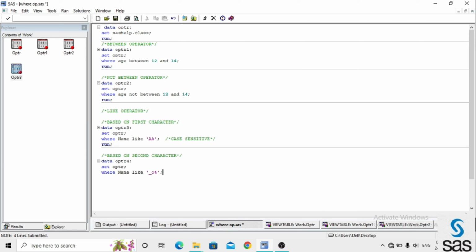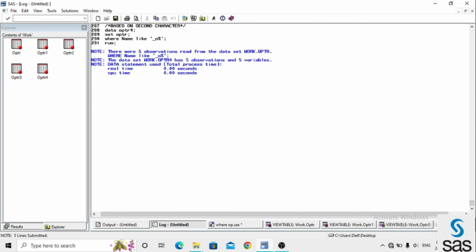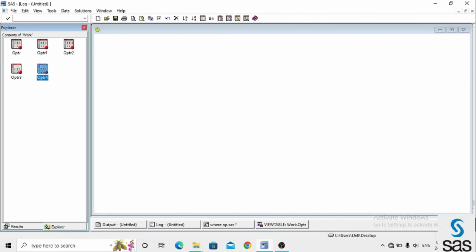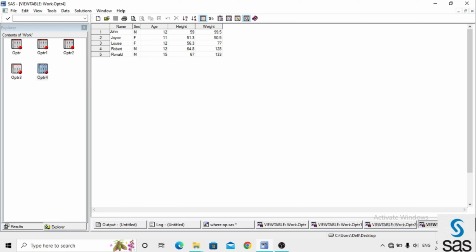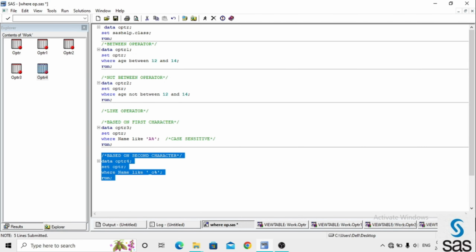I want observations whose second character is o. What will the result be? Before opening the dataset, check the log once, and the log is clear. Here all the names have o as the second character. Got it? Like this we can get a particular set of observations by applying the LIKE operator.